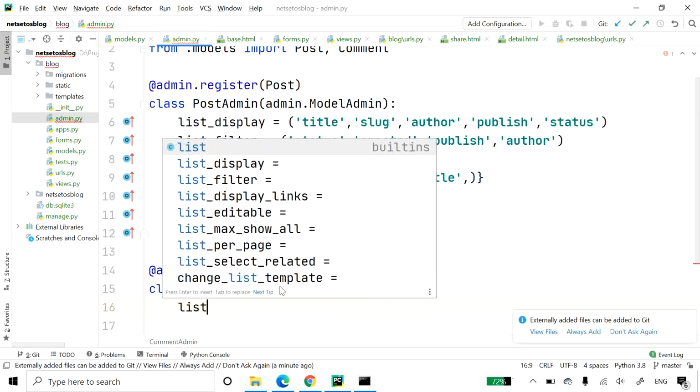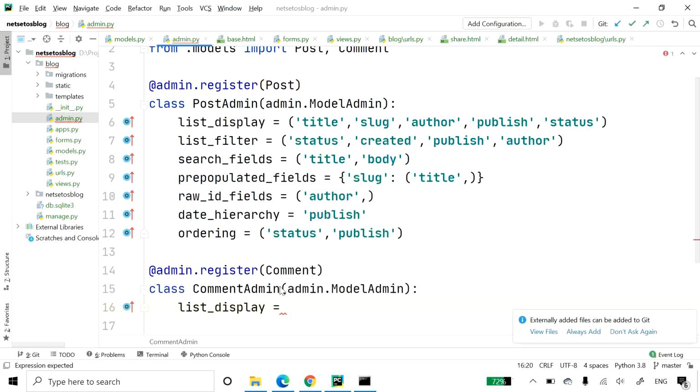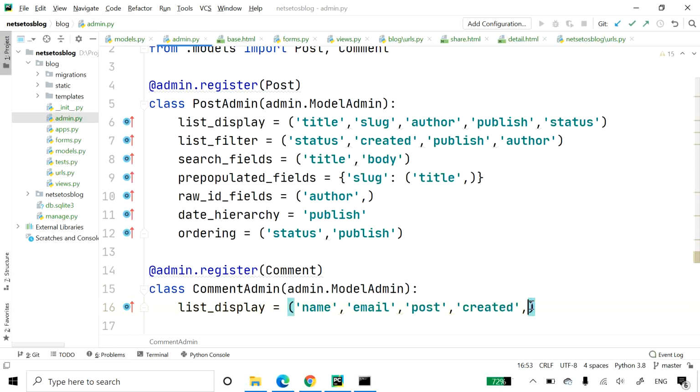I'll first take list_display, in which I will define name, email, then post, then created, then active.